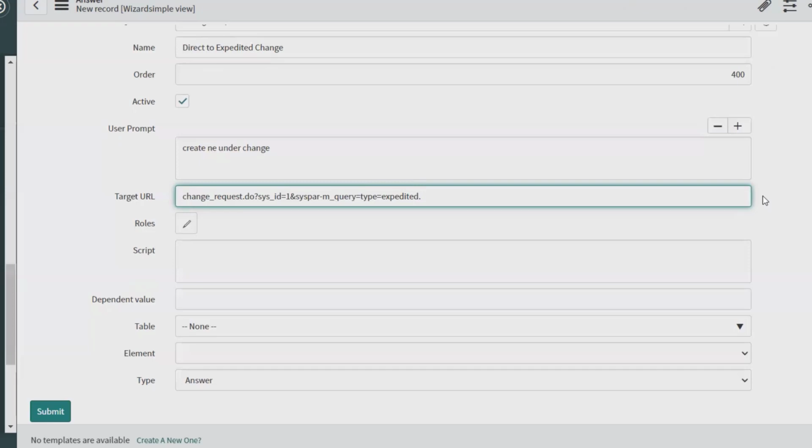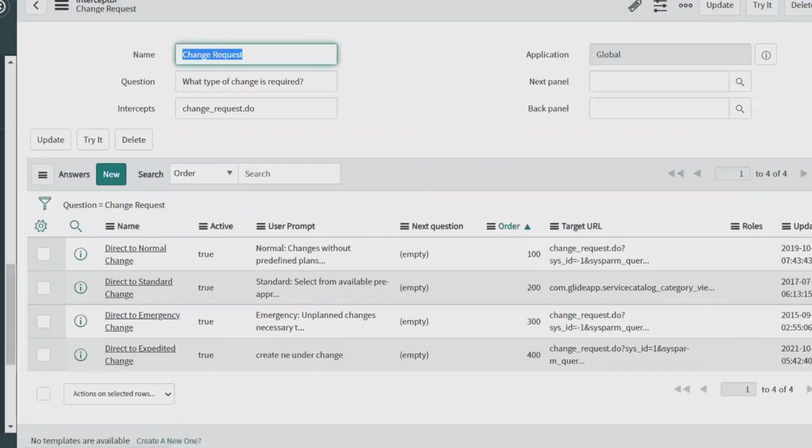Now, once we are done, click on submit and this will be included in your change request type.